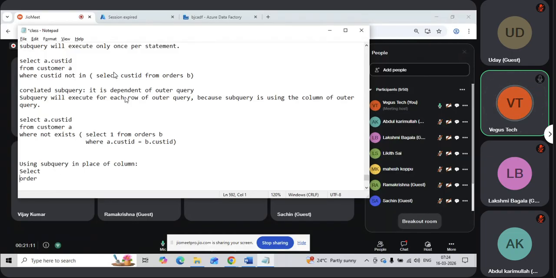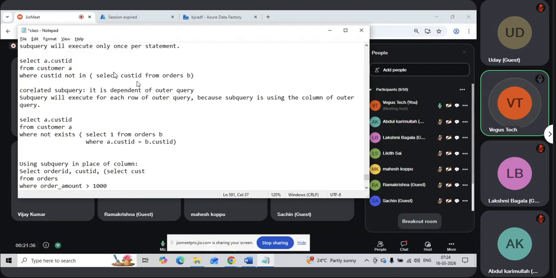Select from orders where order amount is greater than 4. So I need customer name as well. So what I'll do is order ID, comma, custID, comma,